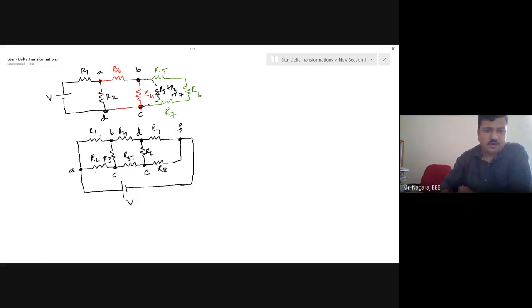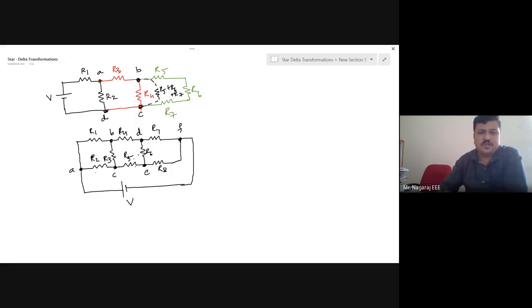But if you observe R1 and R2, R1 is connected between A and B, R2 is connected between A and C, where there is no connection of R1 to node C here. R3 is connected between B and C, whereas R5 is connected between C and E. R5 is not connected to B. So none of the resistors in this circuit are directly in parallel, nor are they directly in series. Then how to take the effective value of this combination?